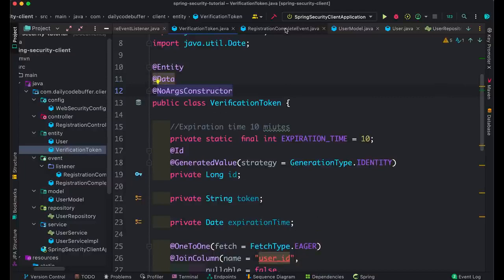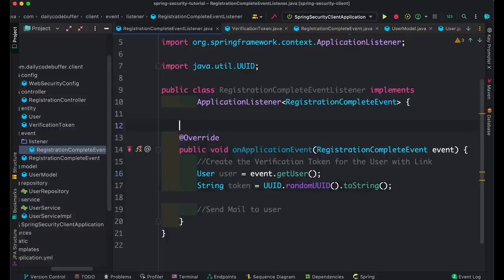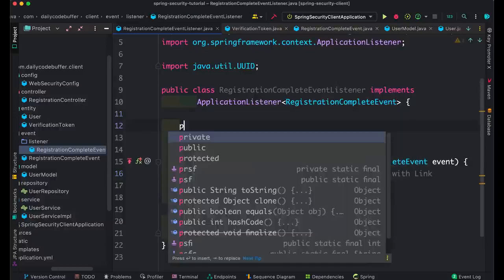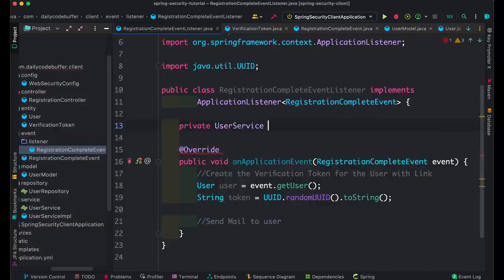Now let's get back to the event listener. At this point you can see that I have got the user and I have got the token as well. Now I can save the token and user to the database. So here as well I will need the user service. So let me create the object for it. Private UserService userService,